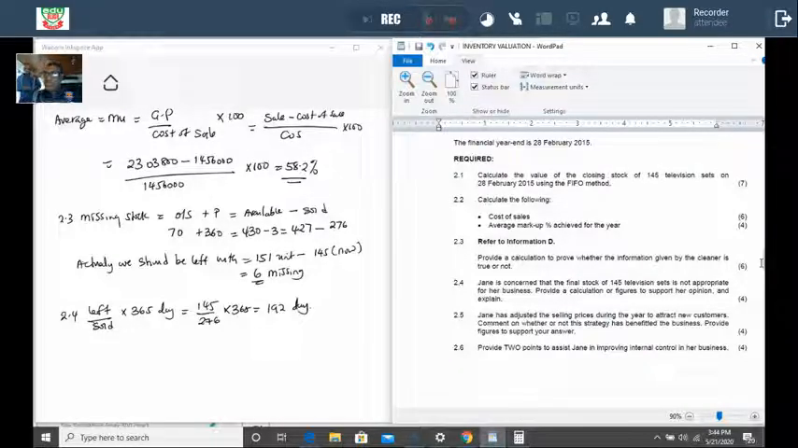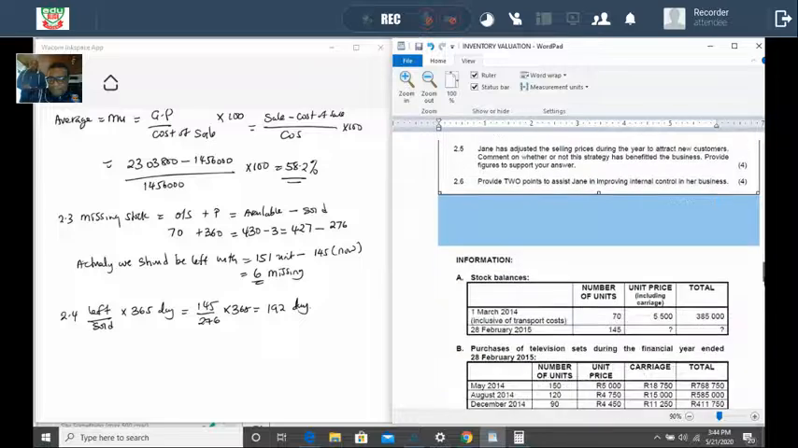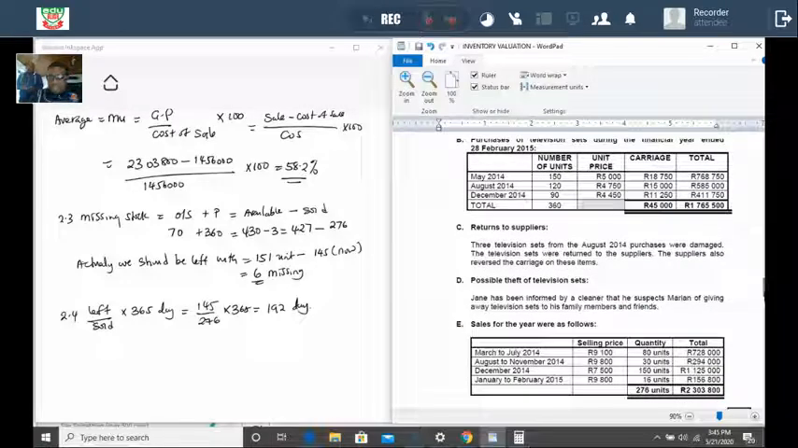So the next question asks you, Jane has adjusted the selling price during the year to attract new customers. Comment on whether the strategy was good or not. Now let us provide figures to support that. We come here. Let's see if she adjusted. Let's look at the sales here. Let's focus here. Just 30 units, 30 units, and then you look at December, 150 units when the price